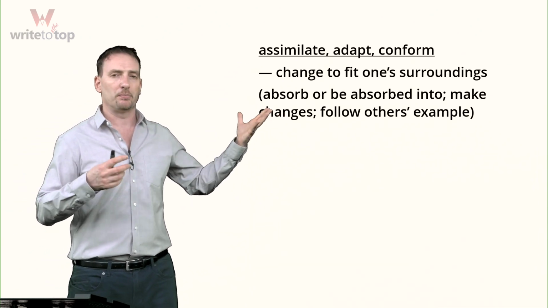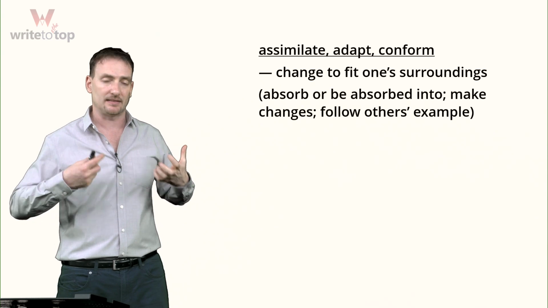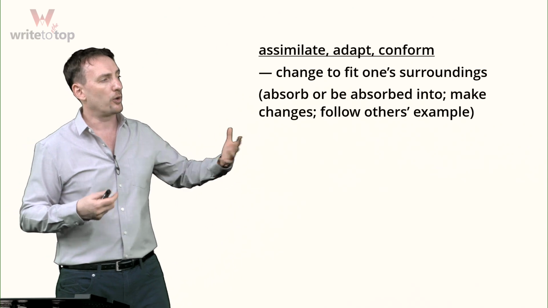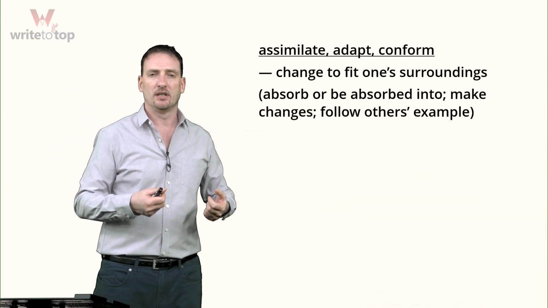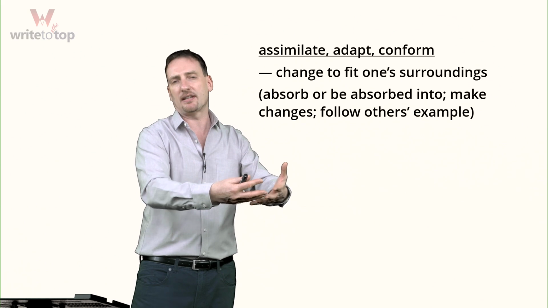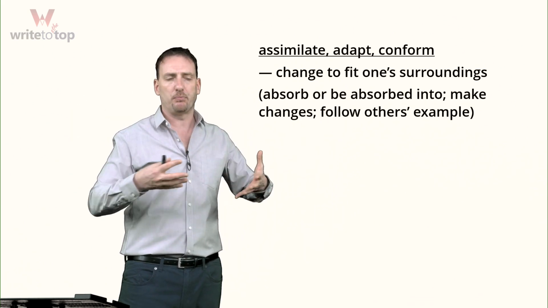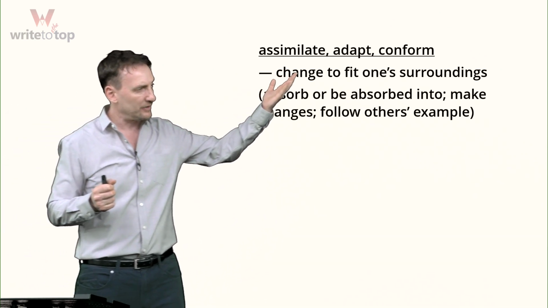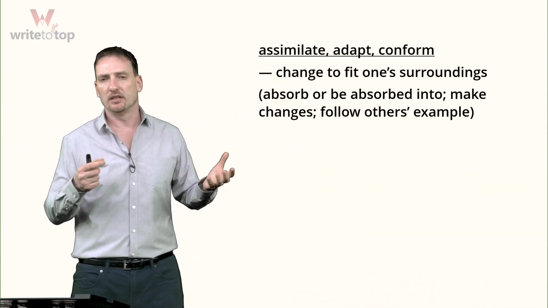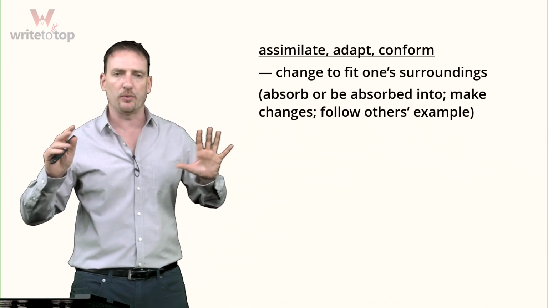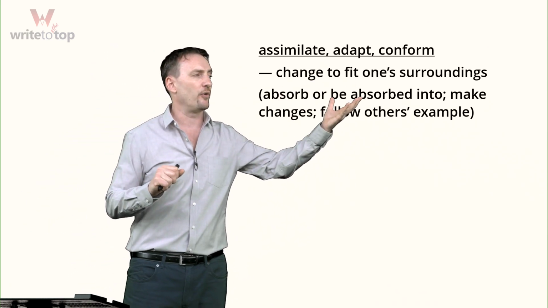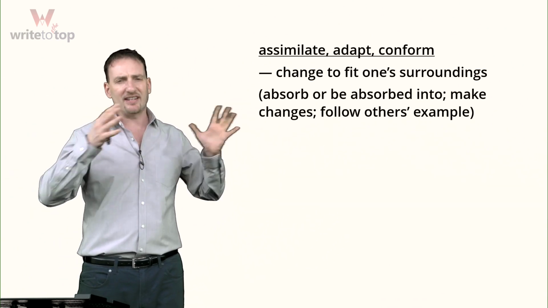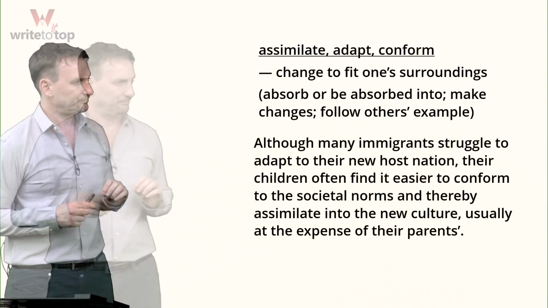To assimilate means to absorb. So you can assimilate something, means you can take it inside and make it part of you or your group, or you can be absorbed. You can assimilate into the society you're in. You can become like one, like the whole, basically. You're not separated from the whole. To adapt means to make changes. You make changes and then you fit in and everything works out fine. To conform, basically do what other people are doing, what other people want you to do. So they're all very similar, slight differences.